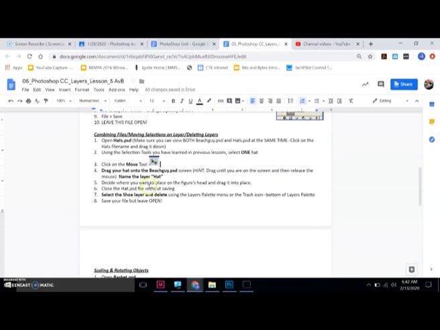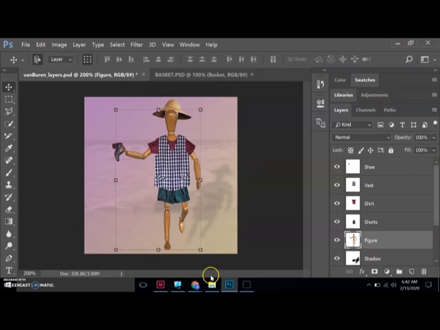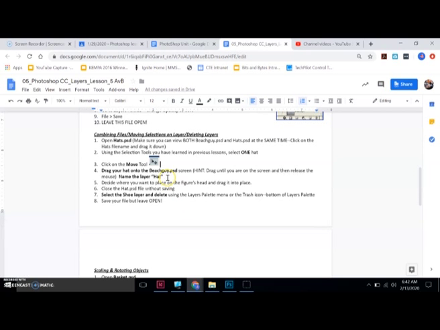Okay, go ahead and close the hat file without saving. So here's the hat file. I did what I needed. I'm going to close this little X. Don't have to save it. Alright, now